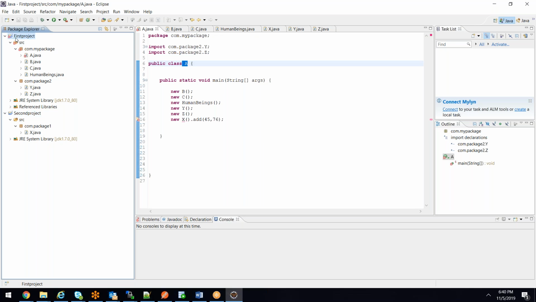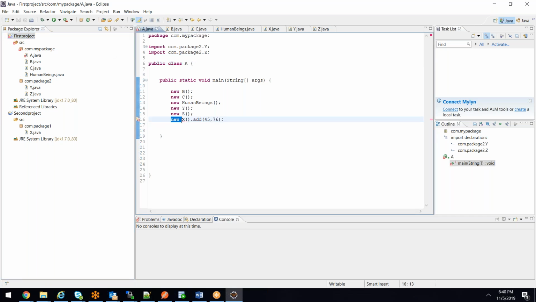Class A does not know what is class X. If class A knew what is class X, you could create the object of class X inside class A, correct? But class A doesn't understand what is class X, so the compiler is giving an error. Hey, I don't know what is X, because I don't see any class called X in this particular package.